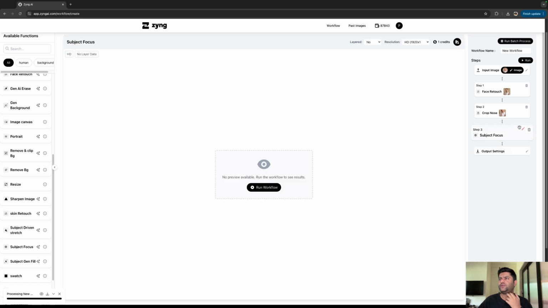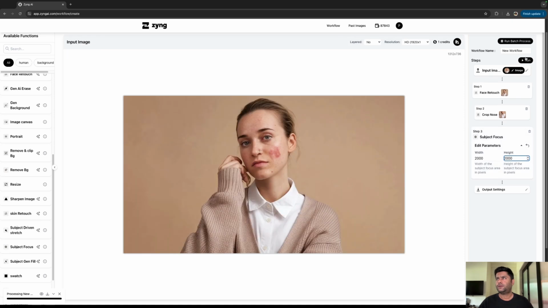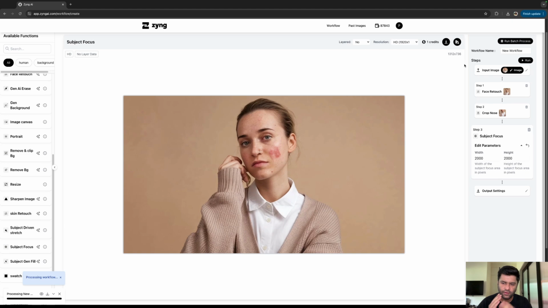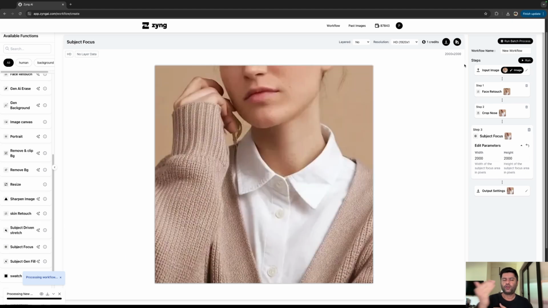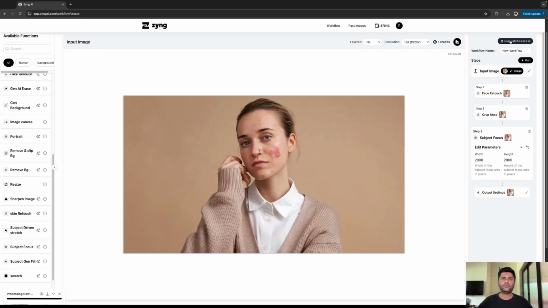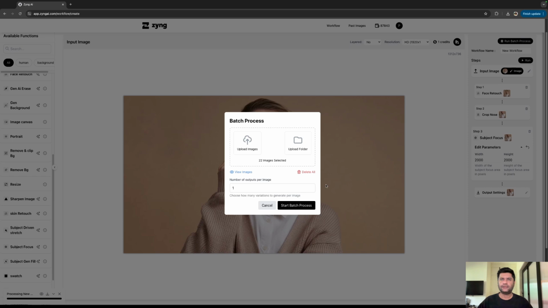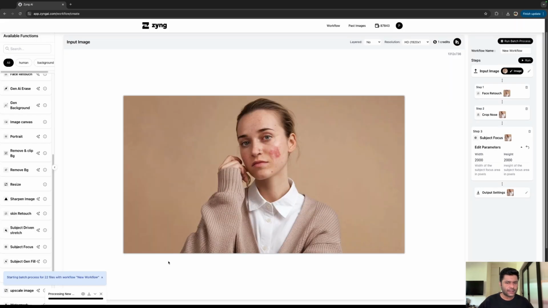So in the subject focus, we can put in our new guidelines of 2000 by 2000. So this is one step added where we're cropping the nose and further focusing on the subject itself. So here I can again run the batch process, and you're going to be able to see that